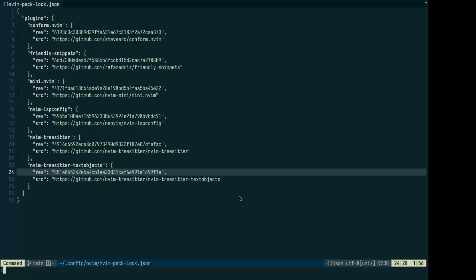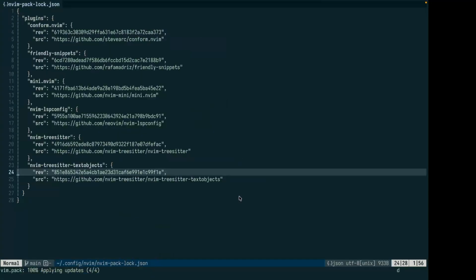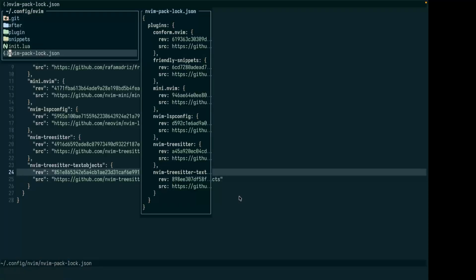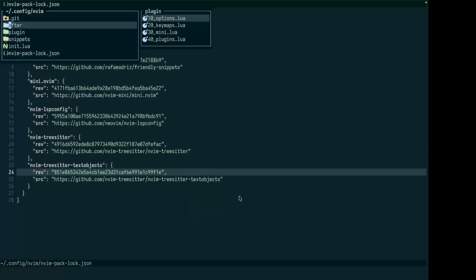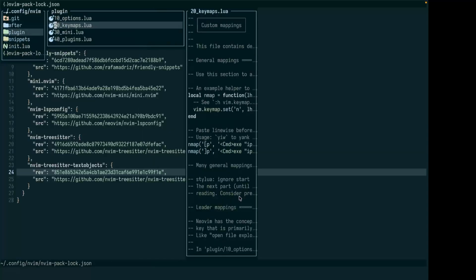To update it, you have to use this API, and then you save it. As soon as you save it, it downloads or applies all the updates and changes. Okay, now if you press space ed, it will open the file manager, and then you go to plugins, and